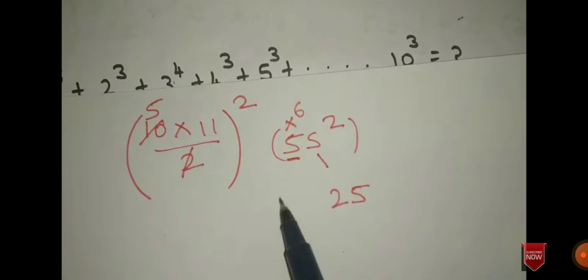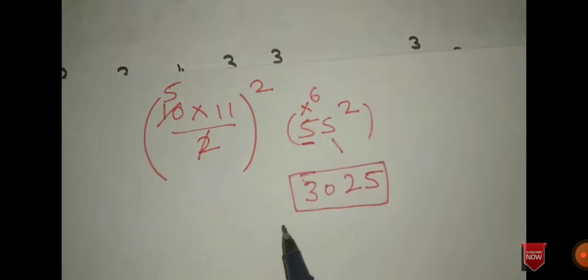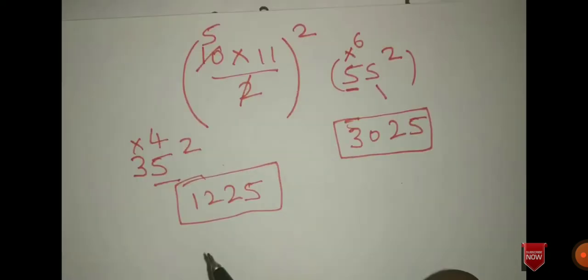So for doing 55 square, 75 square, any number ending with 5, we can do it like this. The first step is 5 is the last digit. So 5 into 5 is 25. The first number is 5. The consecutive next number is 6. We have to multiply those numbers. So 6 into 5 is 30. So 55 square is 3025. So without a calculator we can easily calculate. So the answer for this sum is 3025.